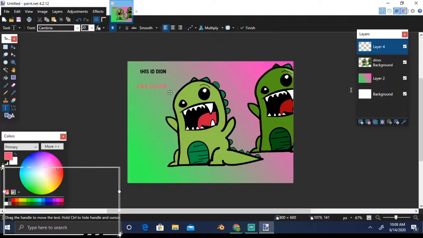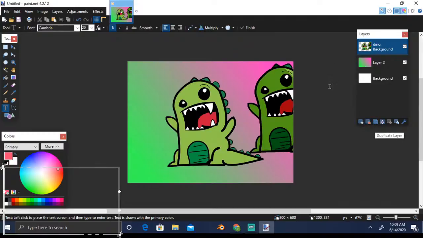Always remember, any new change you need to do, just take it on a new layer. Now let's say I don't like this text or whatever things I have done, so I can just unselect it, or if you want to delete this layer altogether, just select this layer and click on this delete layer button. Here it will delete the layer.